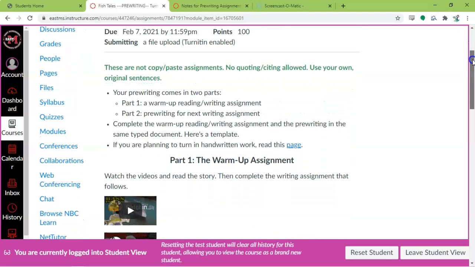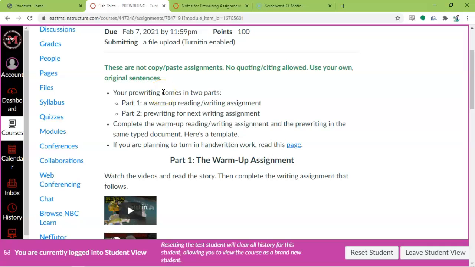Okay. You don't have to get online for most of the essays in this class. If there is any research required, it will be noted, okay? But otherwise, stay off the internet. You're not allowed to quote or cite anything. You're not supposed to be copy pasting because that's plagiarism, right? Just use your own original ideas and things that have had your experiences and your thoughts and opinions.